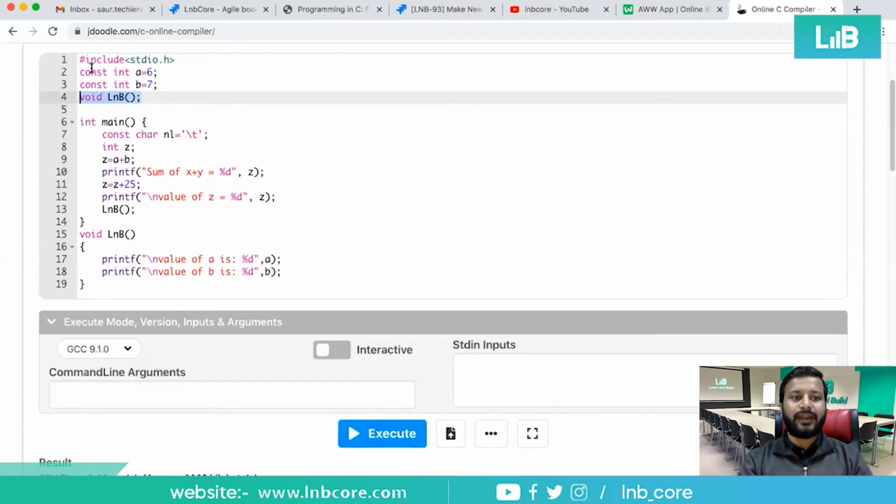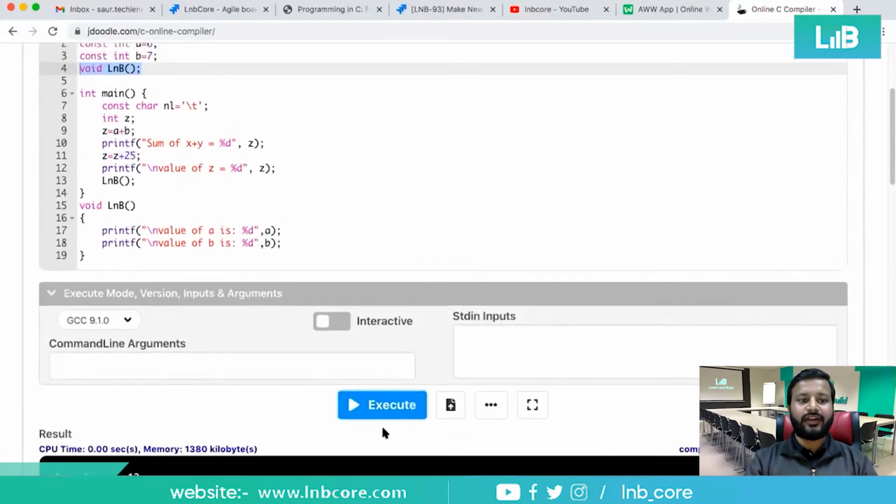The compiler will start reading the code from the first line, and whenever it reaches this sentence, it will recognize that something has been declared which might be used inside this main function.